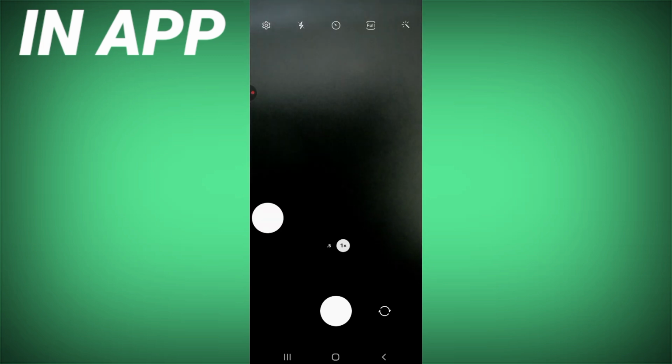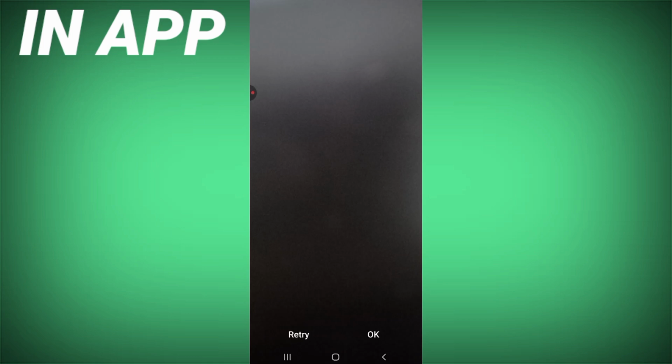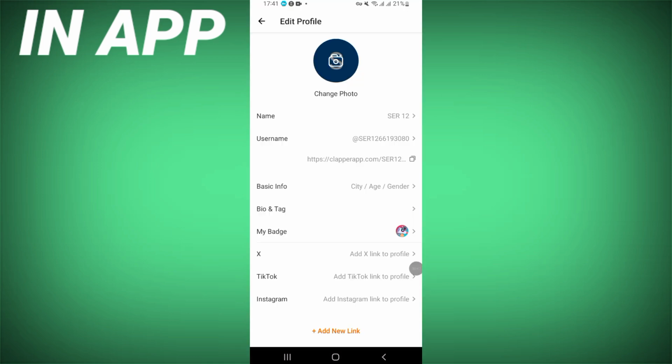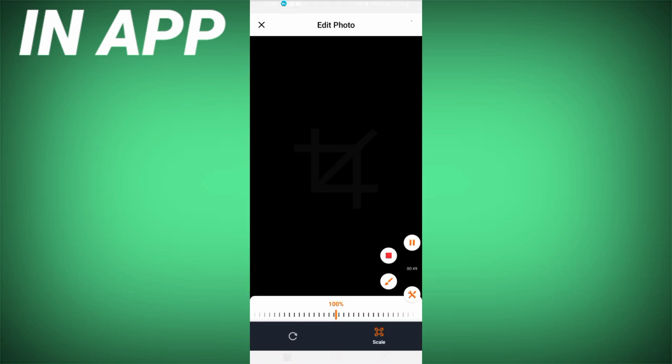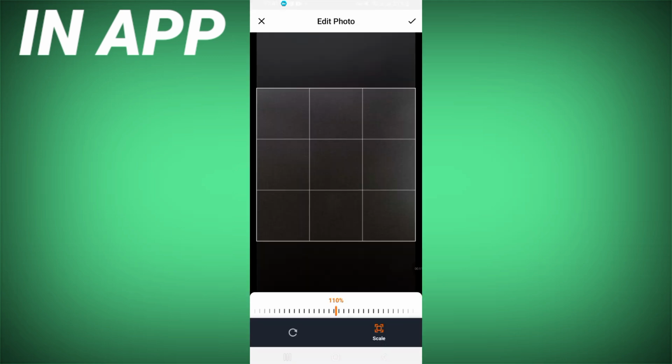and click OK then, and after this you have to choose the size. Just click here save,